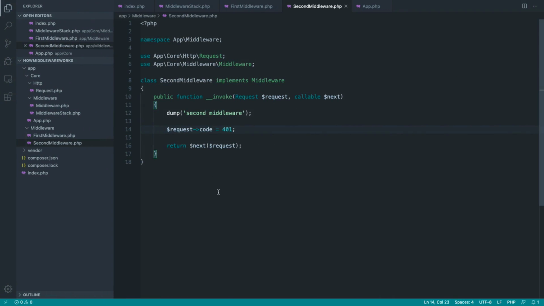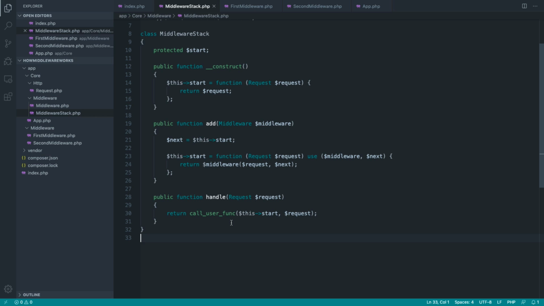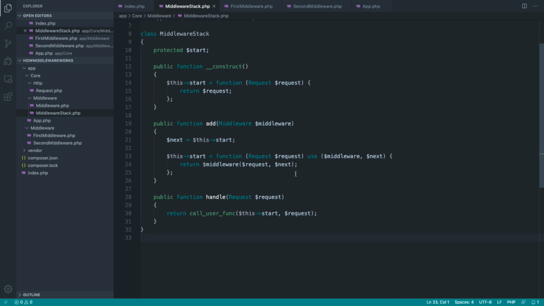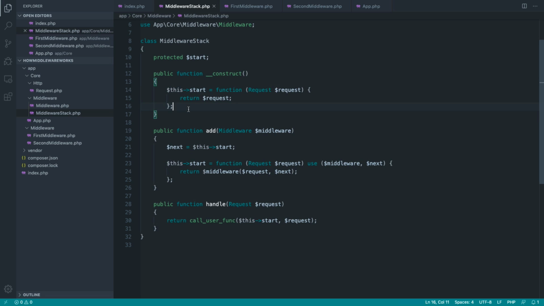So that's basically it. We've looked at a really, really simple middleware stack here. Of course, things can get a lot more complicated, but this is generally how things work inside of a framework, albeit a really simplified version. So we've started off by adding some middleware to our middleware stack, which is passed into our app as a dependency. We start off with a kind of plain or empty piece of middleware, which is always run last. And this is useful if you want to return things like the modified request object that's potentially been